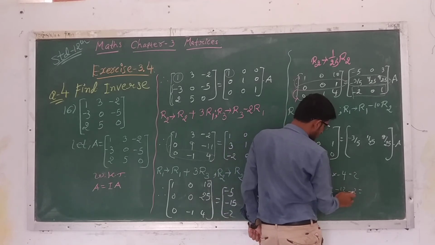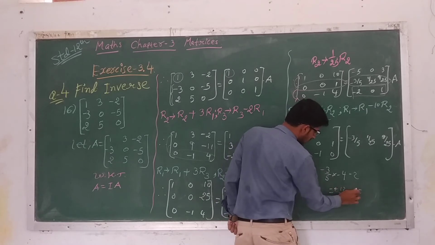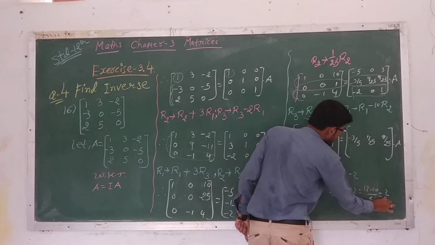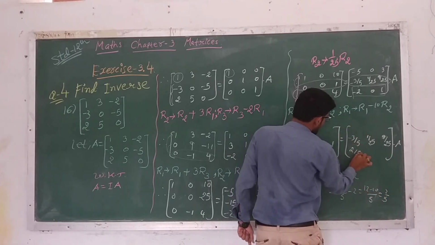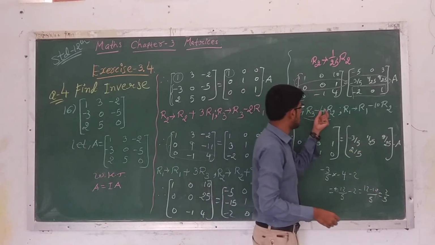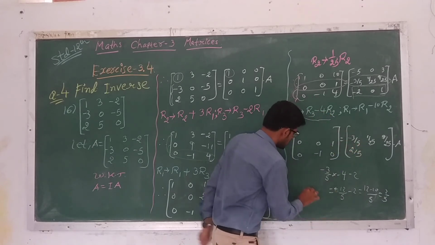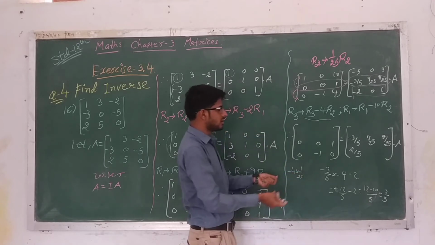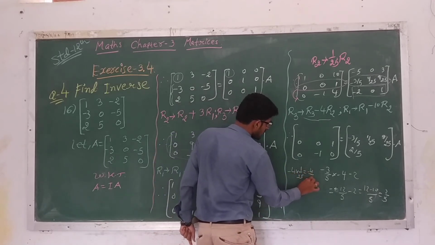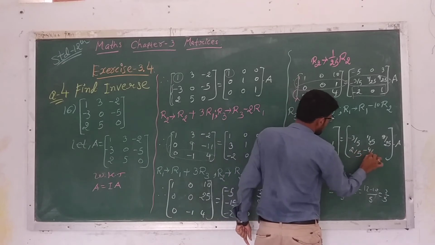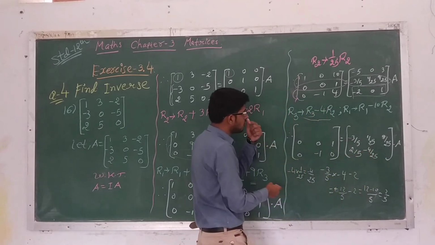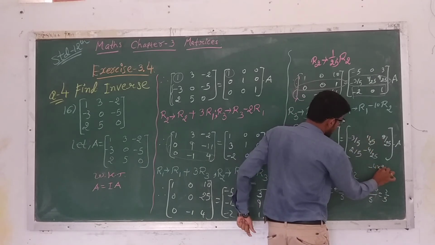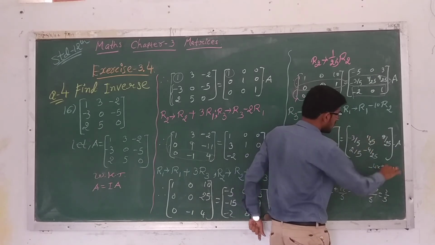So here 5 twos are 10. So 12 minus 10 by 5 is equal to 2 by 5. Here write down 2 by 5. The same thing, we have to multiply minus 4 by 1 by 25, because we are getting 0. So the answer will be minus 4 by 25. So here write down minus 4 by 25. The same thing, we have to multiply these elements. So minus 4 into 9 by 25 and adding plus 1.